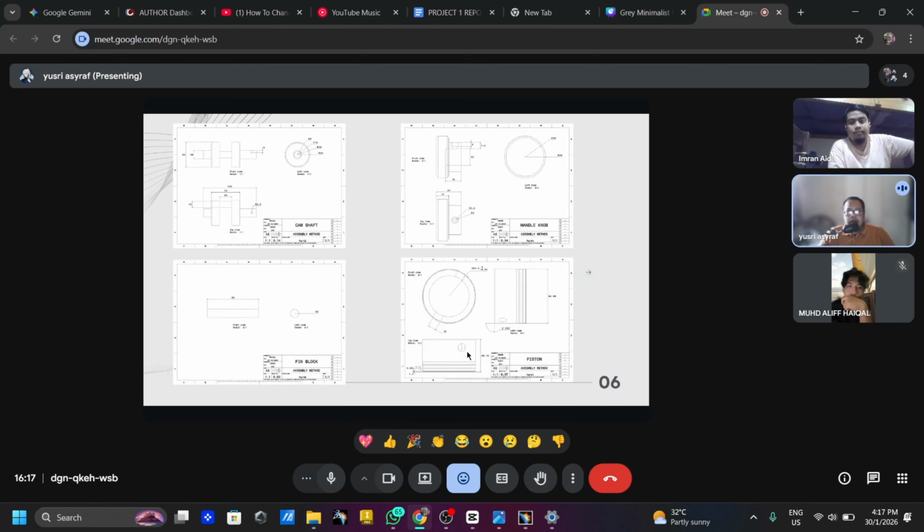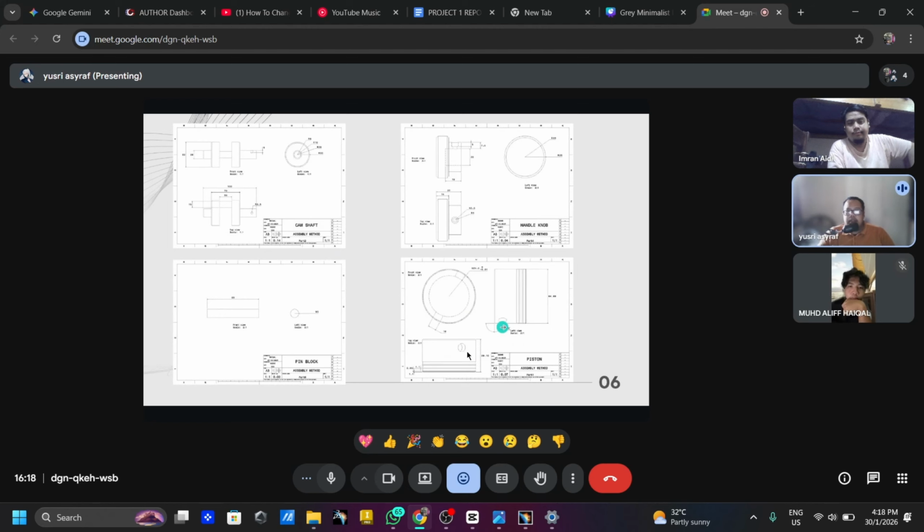Okay. Next, we have the camshaft, handle knob, piston, and pin block. The camshaft will be the pivot or the main pushing force to make sure the piston can move.